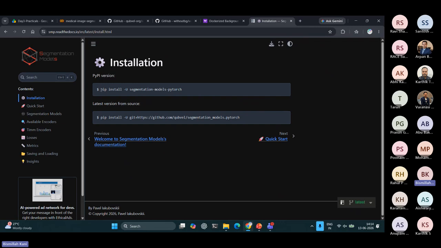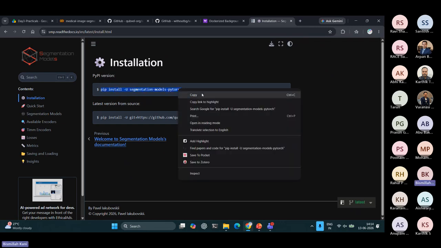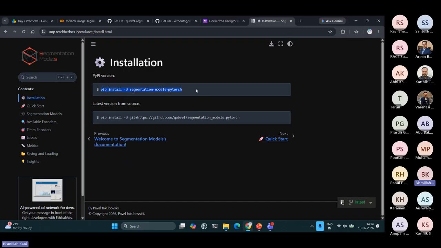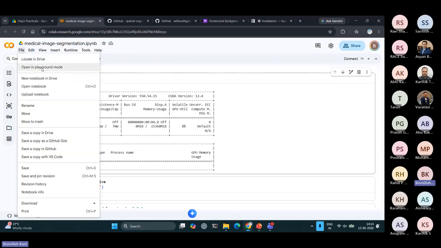So typically this is how we would install this Segmentation Models PyTorch. It is available as a pip package. So let's say I am opening a new notebook,